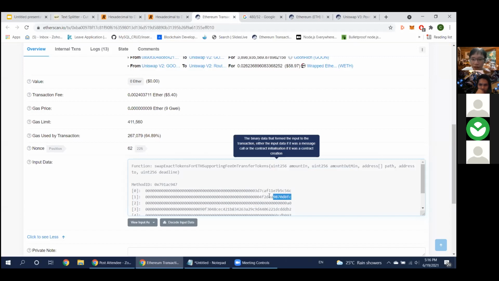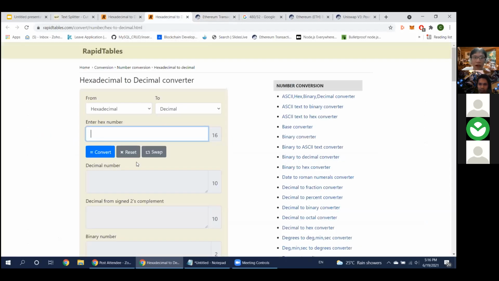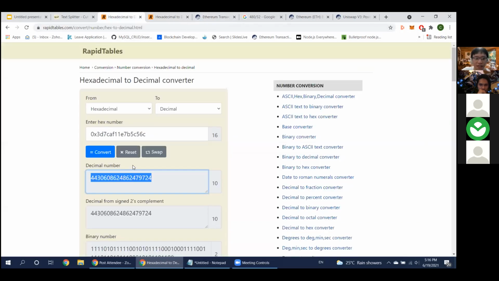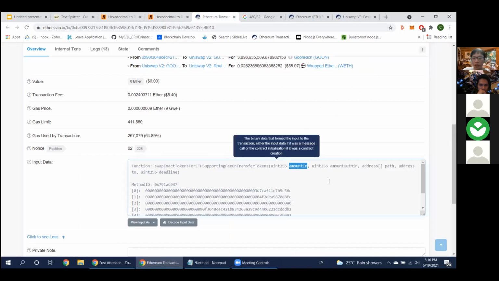The second one will be this one. Remember to always append a 0x to this thing. It will be this one. So from here we know that the amount in is 4430 something, and the minimum out, I think